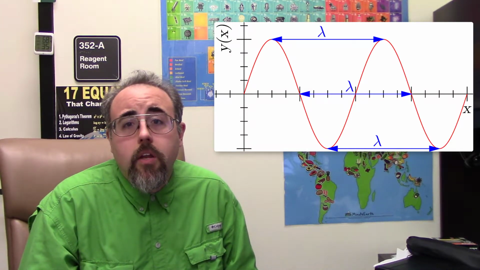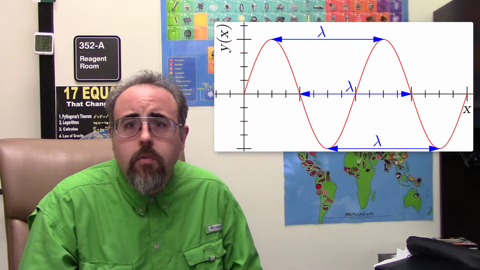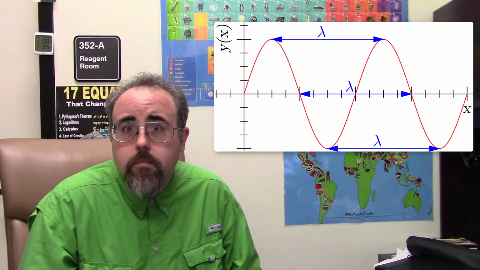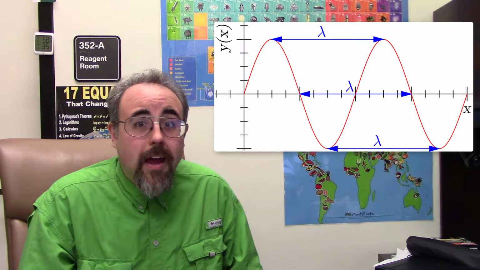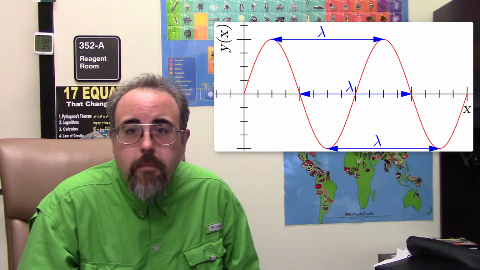That's going to be measured in a unit called hertz. A hertz is literally 1 divided by seconds. So it's an inverse second. Of course, light is going to have fairly high frequencies, to say the least.